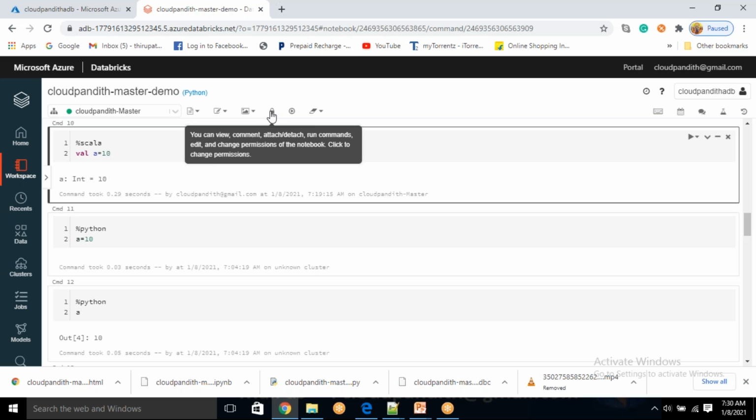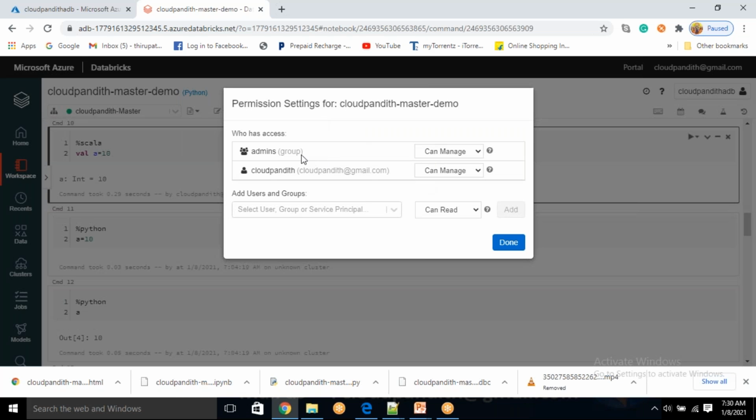Here you can see you can review, comment, attach, detach. You have permissions here, as you have created this Databricks workspace from the premium tier. So you'll have all these options: read, run, edit, manage, and whom to give permissions, all users or a specific user. Let's say I don't have any users as of now, but if I have any user, I can say all users, and whatever permission I want to grant, read, run, edit, manage, I can just give.